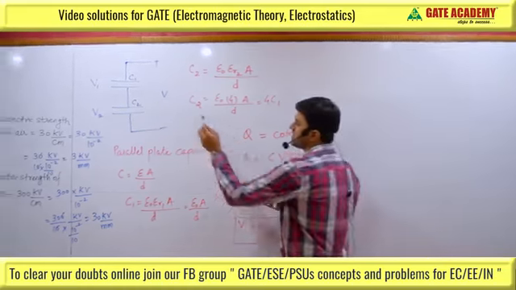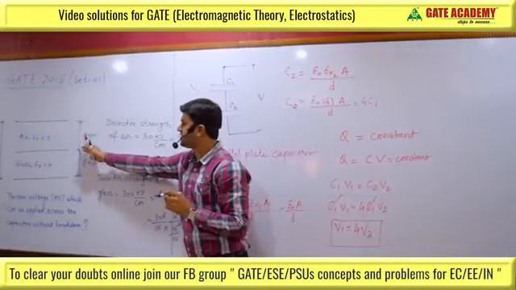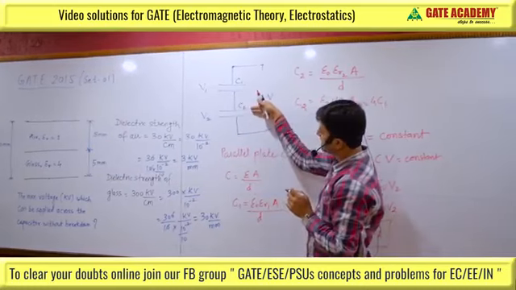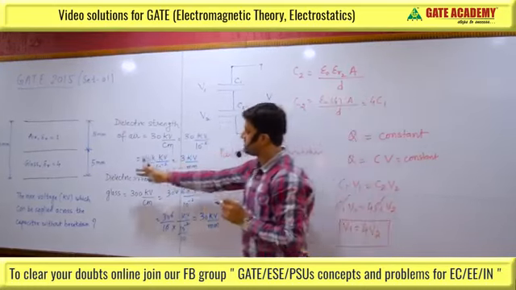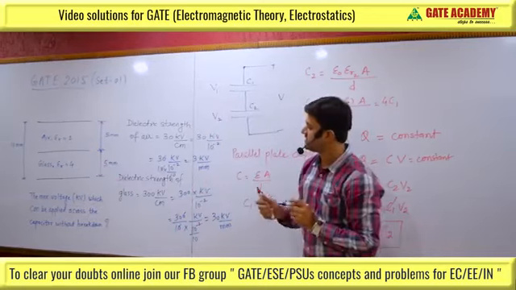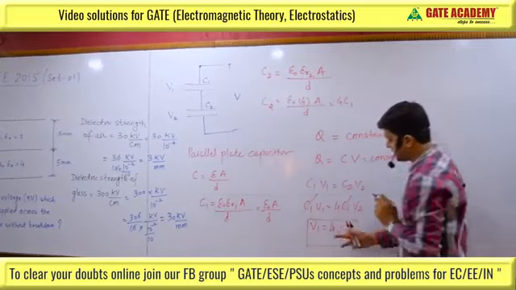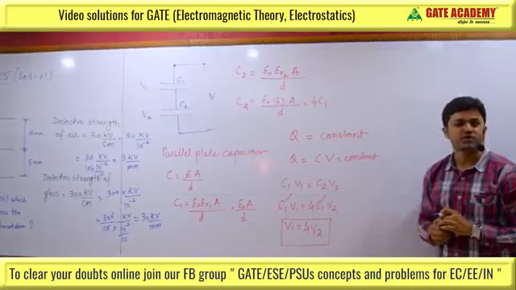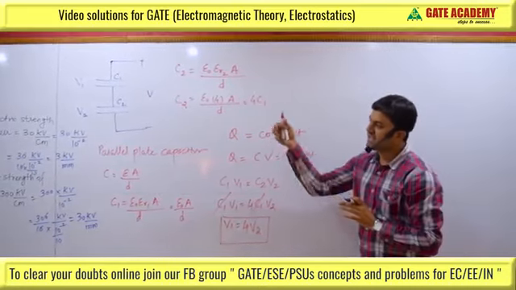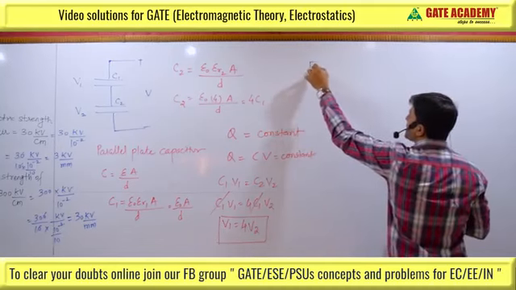So V1 here is because of this first region in which the dielectric is air, and here the C2 is because of this one plate and this surface of the dielectric, which is glass. So V2 and V1 are related as V1 equal to 4 V2. Now consider the dielectric strength. So dielectric strength of air,